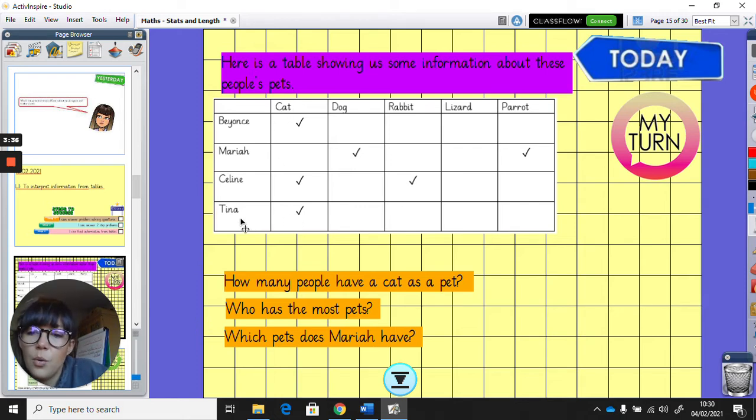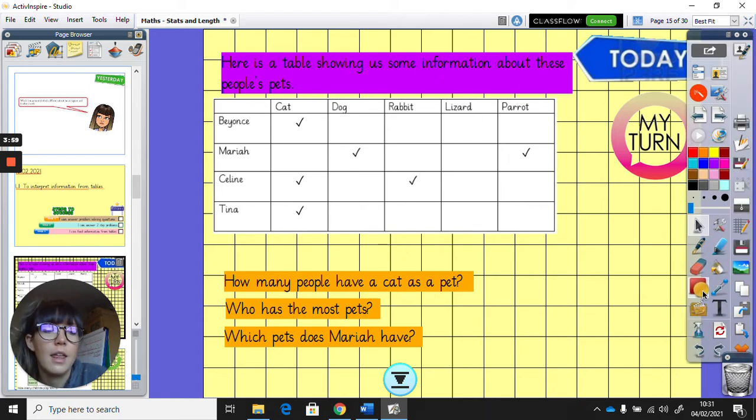Okay, so you go across to show the information about that person and you will need to go up to see what animal it is on this table. They're not always going to be the same. So here are some questions about this table and all the information is there in the table. How many people have a cat as a pet? So for this bit, we need to look at the cat